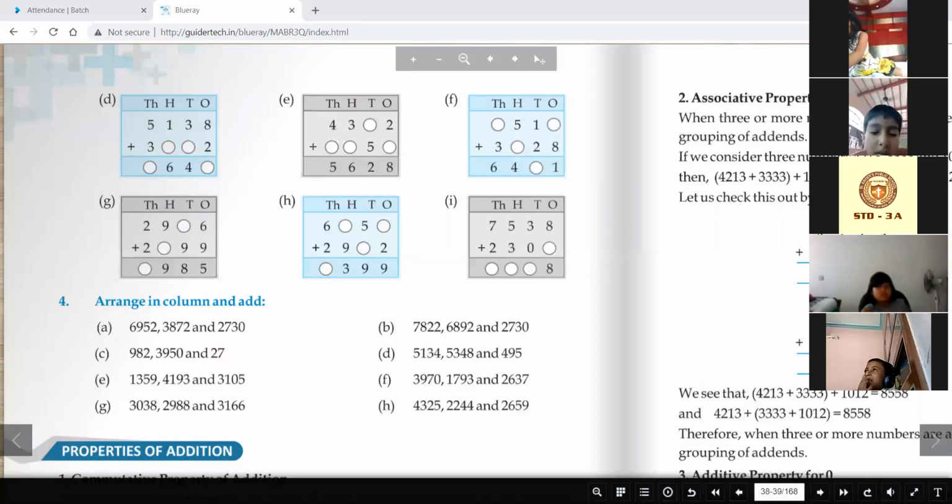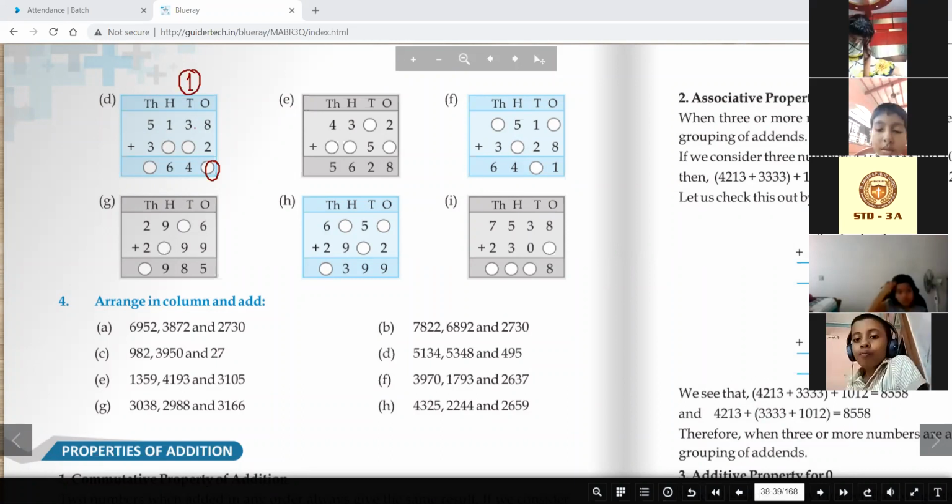8 plus 2 is 10. So 0 we will put, and 1 as the carry on. Okay, now 3 plus 4 equal to 4. 4 minus 4 equal to 0. Since 3 plus 4 is already 4, that means with 4 we are adding 0. That is why it is becoming 4 only. Now, please keep your side mute.